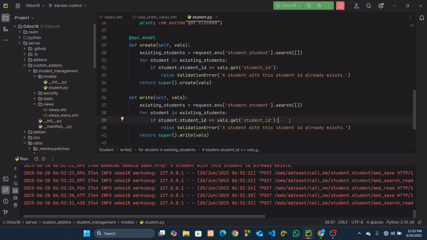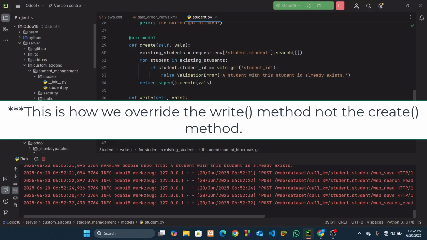Well, so this is the process. This is how we override the write method in Odoo 18. And well, this is done for today,